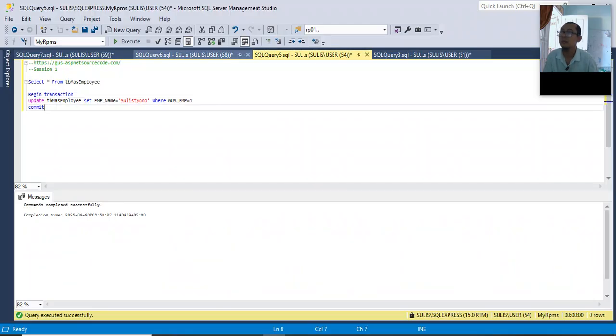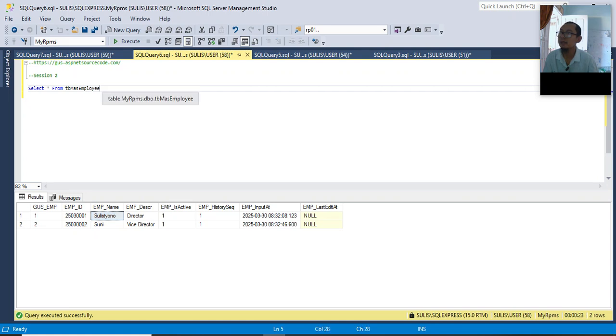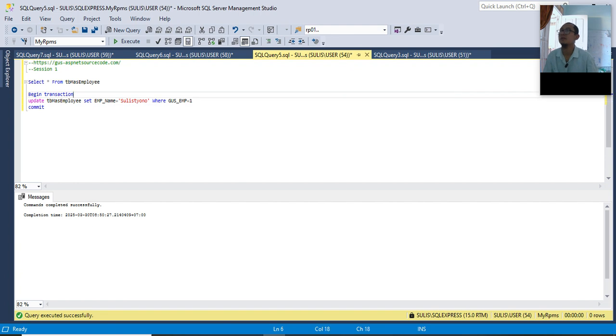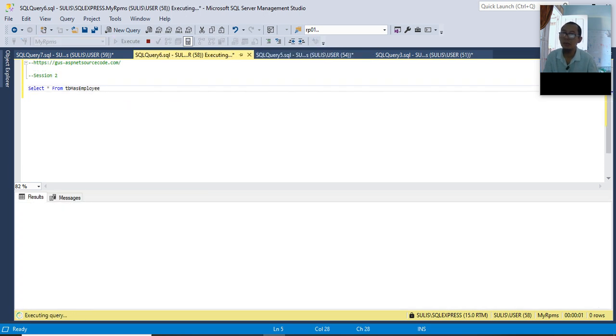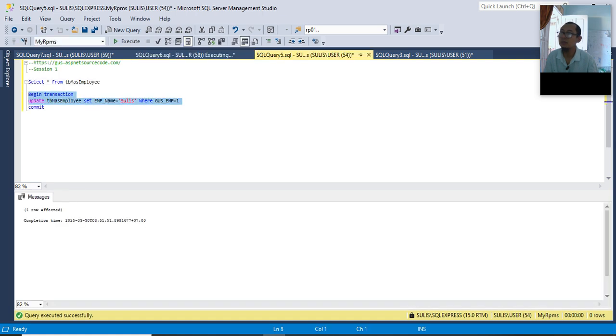But if we only want to display data that is being processed, we can use with no lock. Let's see. I will update this data again with begin transaction. Let's see. It's waiting for this to be processed.